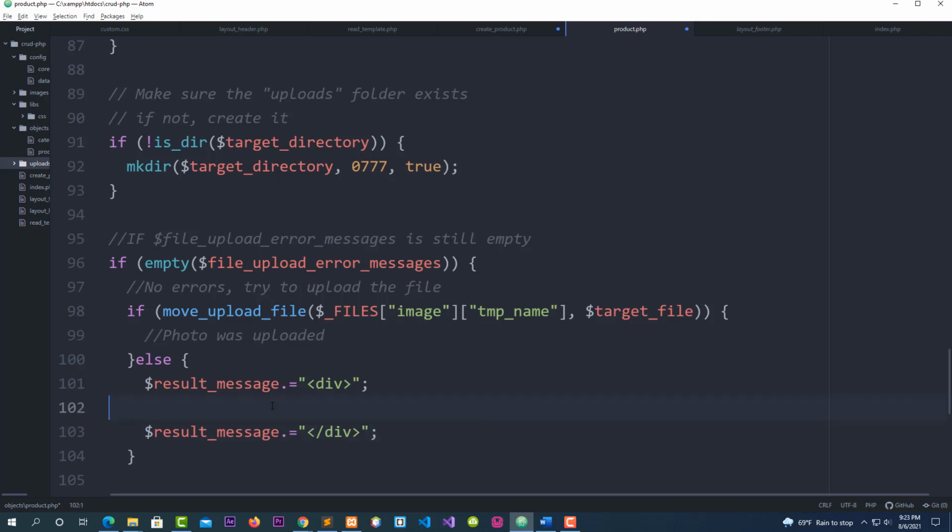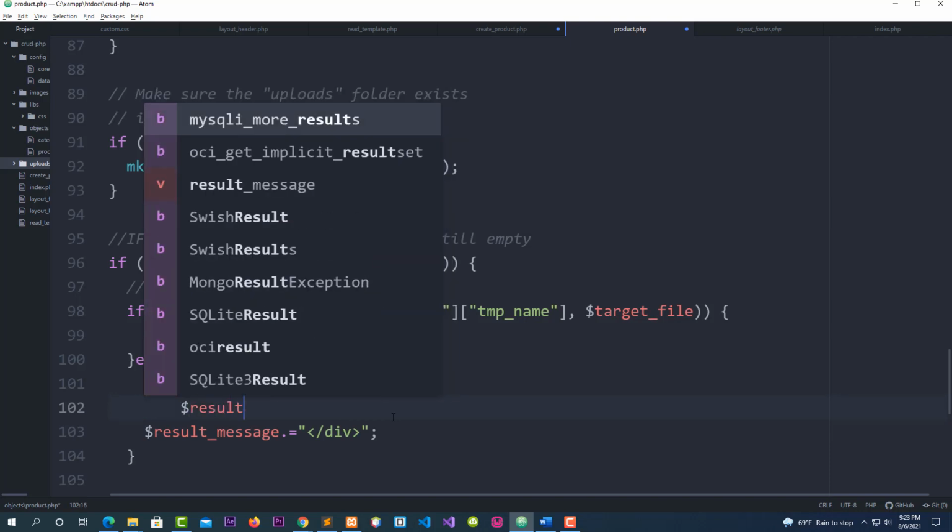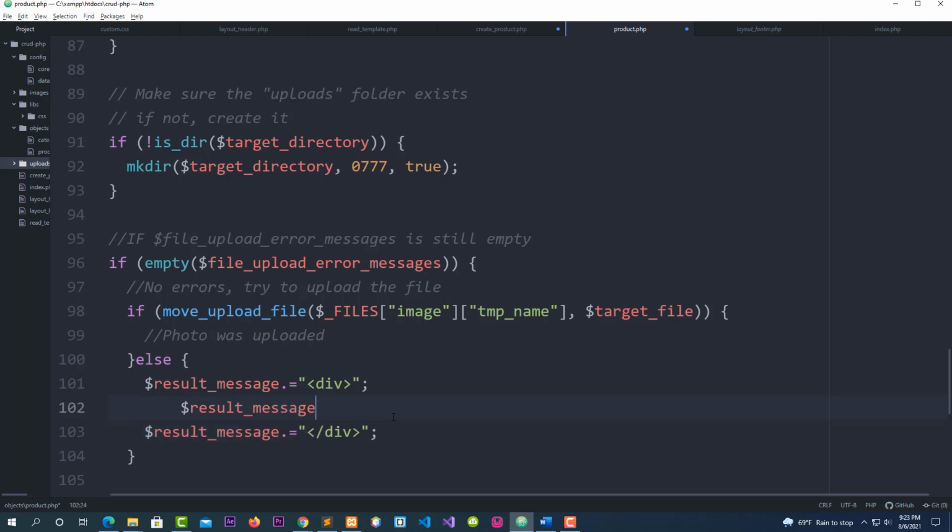Now from the middle here, I'm going to say result_message, do the same thing, double quote, and create a div, opening div, and here my closing div, and put a semicolon here,